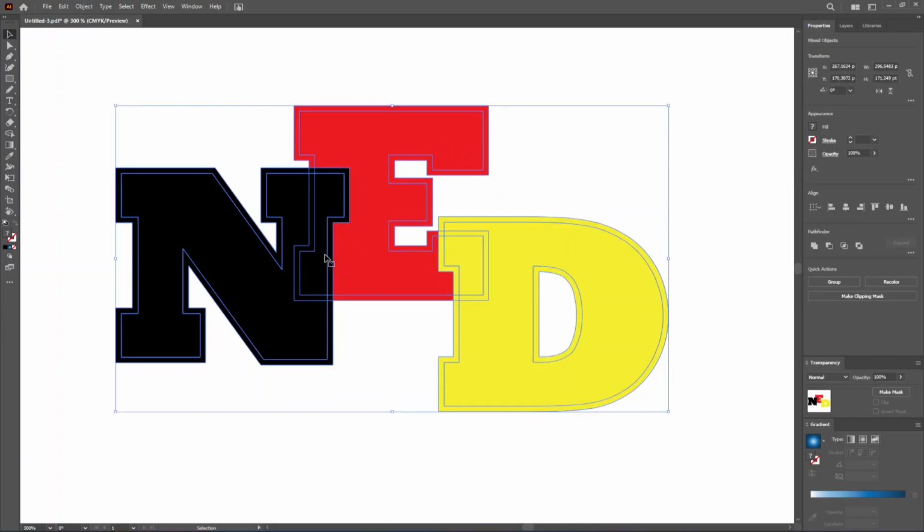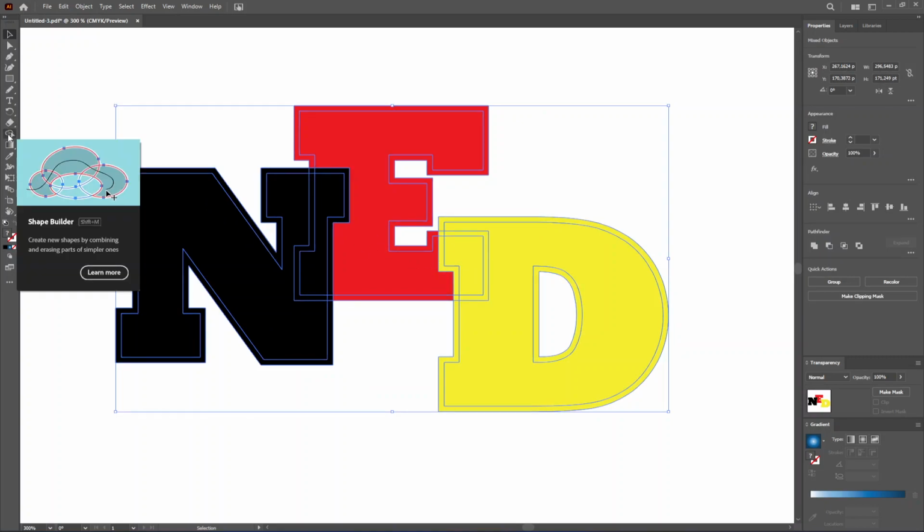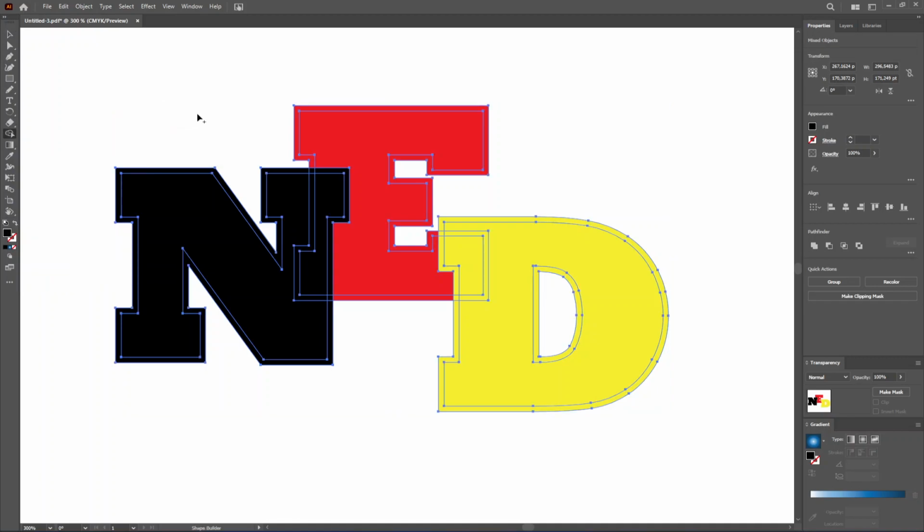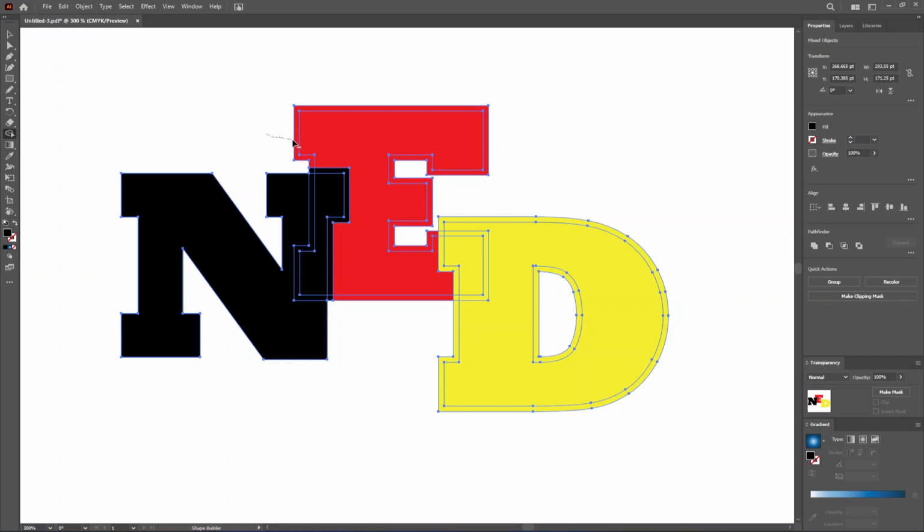You want to make sure they are selected again, and now we're going to go to the Shape Builder tool, which looks something like this. You can also press Shift plus M on your keyboard and it will bring up this tool. And now while I have Alt pressed down on my keyboard, I can drag over the sections I want to delete like this,